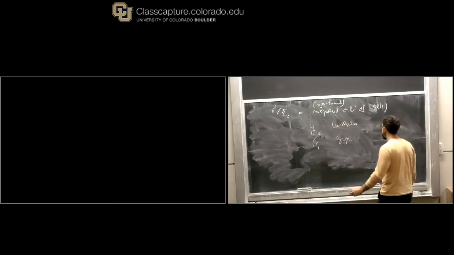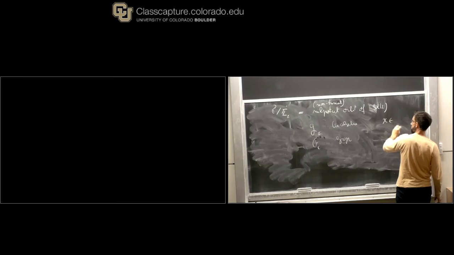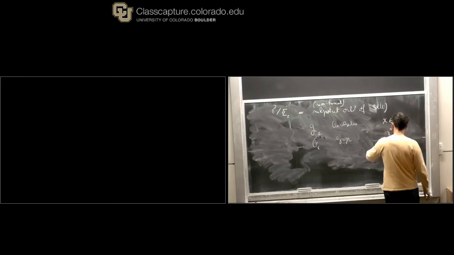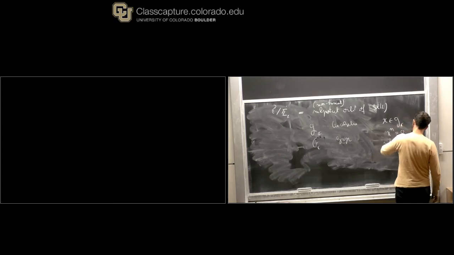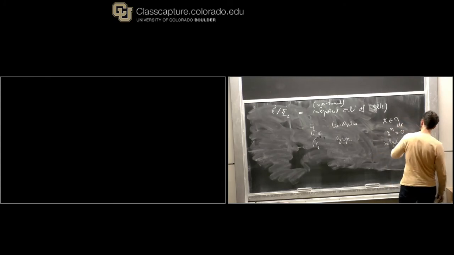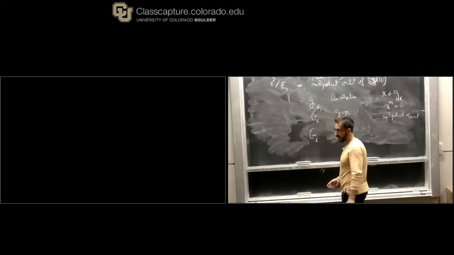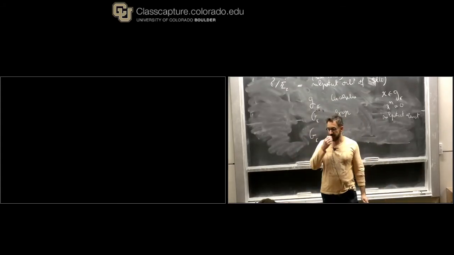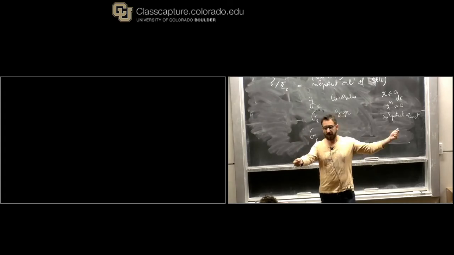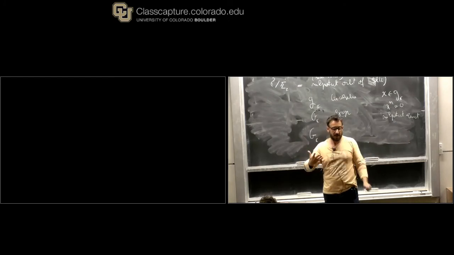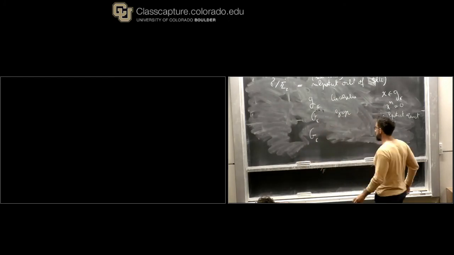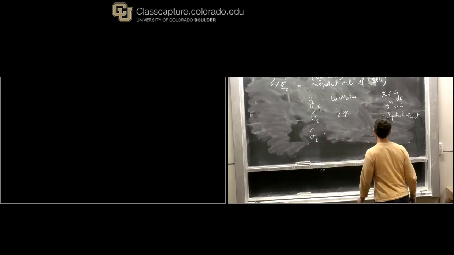And so if I pick an element X in G_C such that X to the n is equal to 0 for some n, that would be a nilpotent element. And there's a natural action of the group on the algebra. It's just the adjoint action. In terms of matrices, if you have an element of the algebra written as an n by n matrix, you act by conjugation with the element of the group to the left and with the inverse to the right. It's the usual way the Lie groups act on the Lie algebra. And so we let G of C act on X,